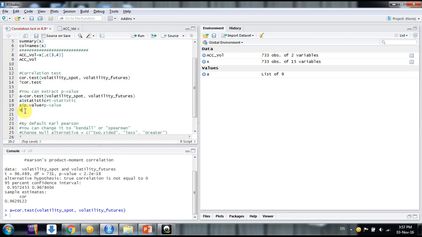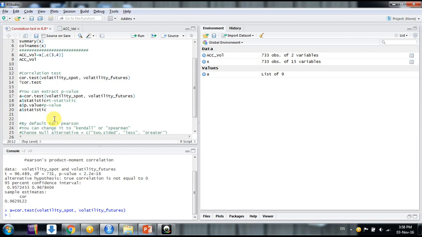So this is the object, and put a dollar sign. These are the things already available with the result. What is the null value? What is the p-value? What is the statistic? What is the method you have used here, like Spearman? You can extract any of them, but mostly we extract the t-test statistic or p-value.